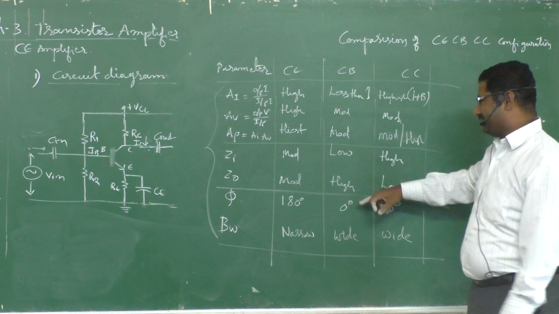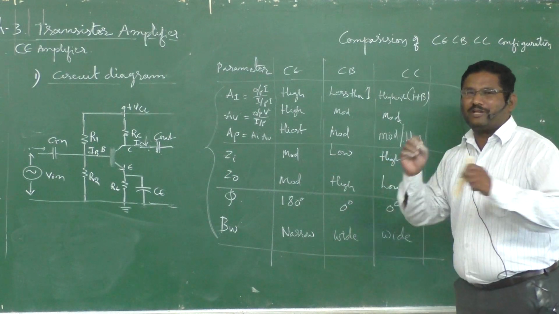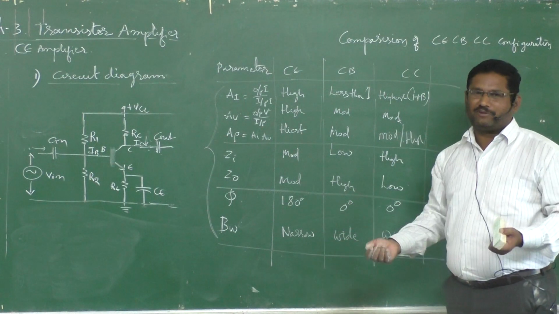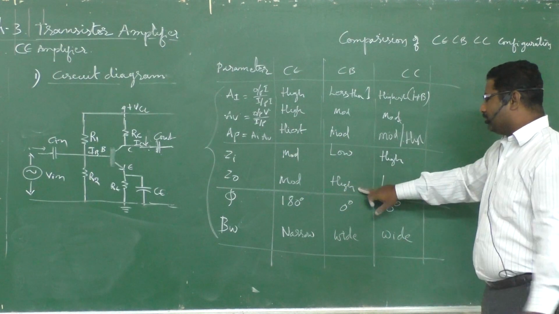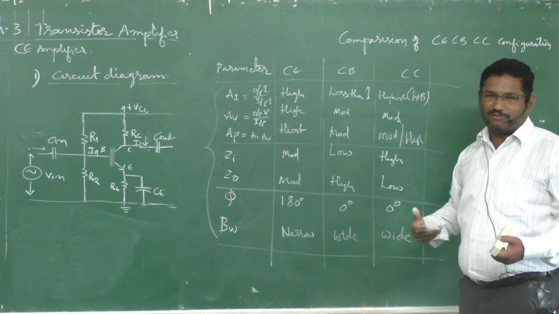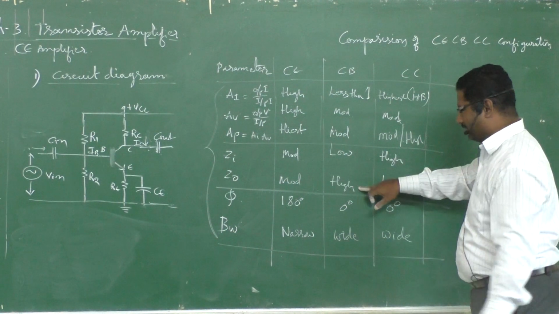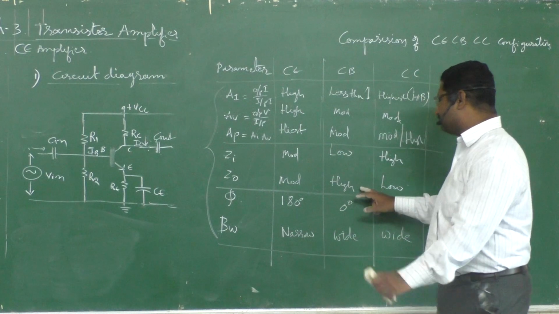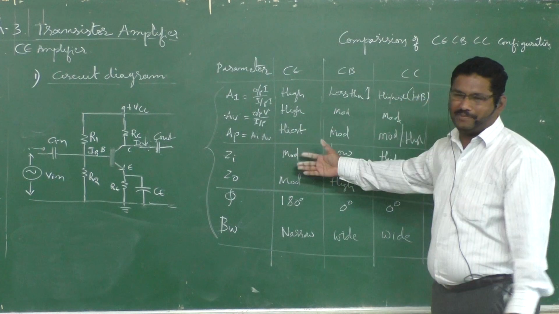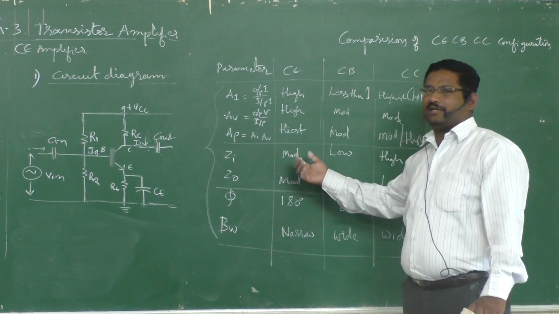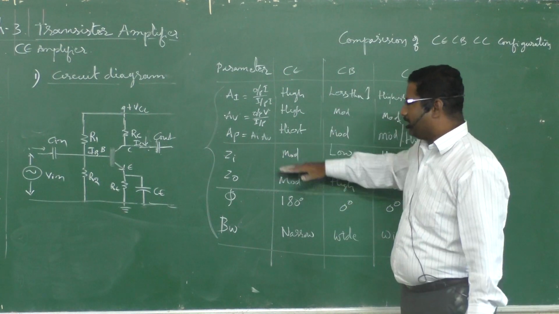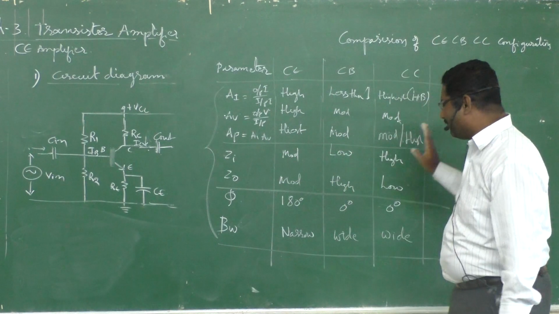And common base is something else: whatever you give he accepts, but if you ask something from him he will say no, I don't want to give you. So he has the highest output impedance, and input impedance is low. Input impedance low means low self-respect. He is accepting everything, and giving, he is not at all giving. So that is low input and high output impedance. And what about common emitter? It is negotiable. Sometimes initially it will say no, and later on it will accept. So this is moderate: input impedance and output impedance are both moderate.